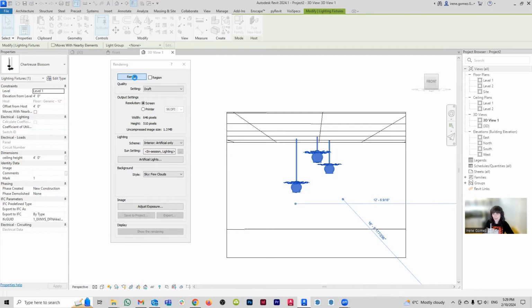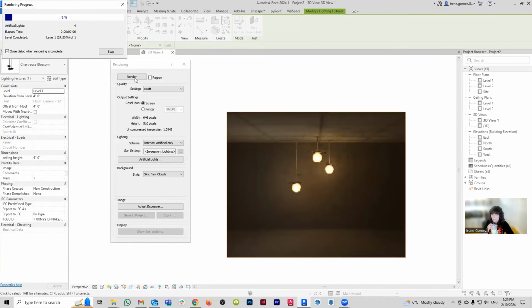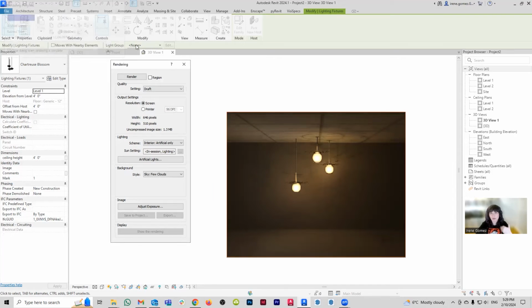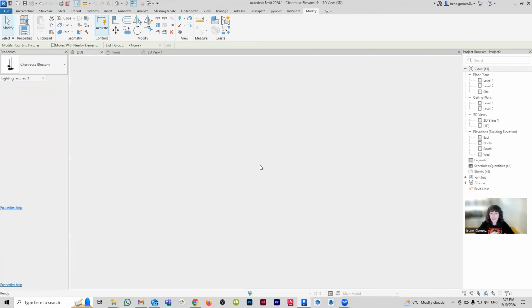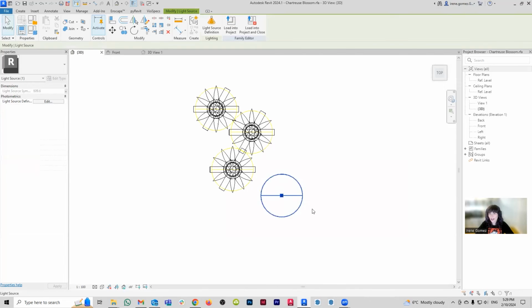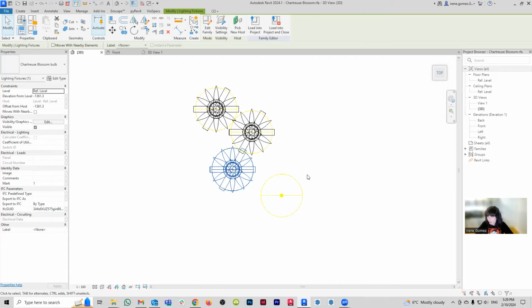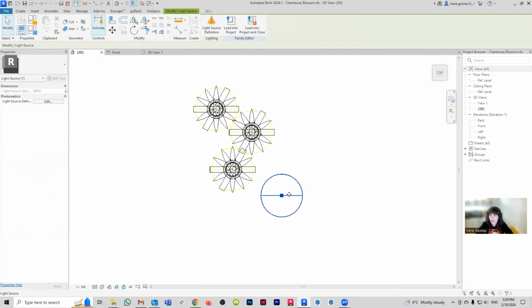So this is where we're going to see a big problem, which is that none of them have changed. And the reason for this is because the parameters that you are changing here are not for these guys, but they are for the single lonely guy that we have over here, which is a problem because these are the guys that we see and these are the guys that we want to actually change. So we need to address two things. And in fact, another problem that you can't quite see in that lighting fixture because it's kind of bright, but this guy should not be visible at all because this guy doesn't belong to any lighting fixture.